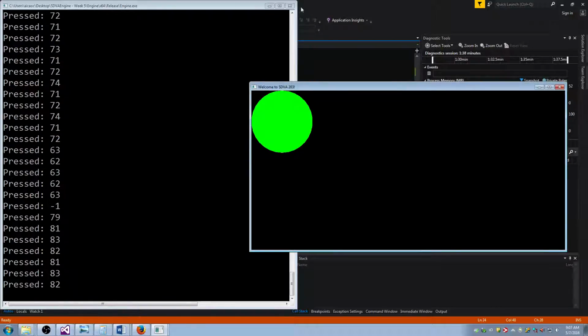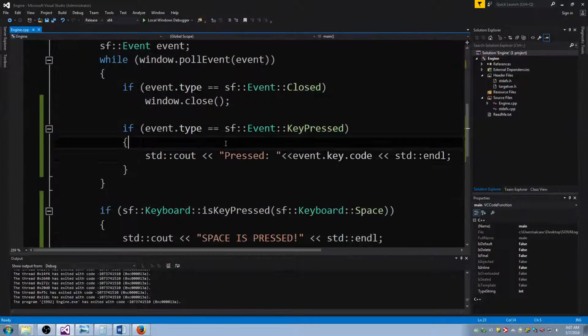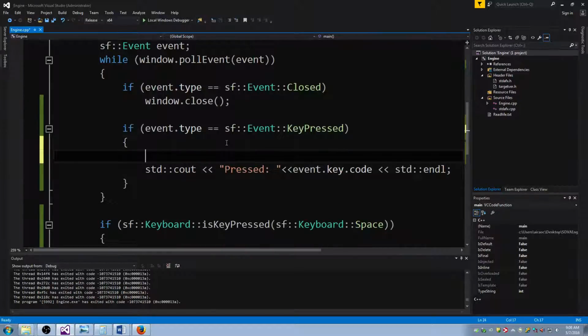Okay, so that's how you detect what key you have pressed, but you can use that to put conditions. If I want to make it so that I know when I've pressed the letter Q, you can set up yet another if statement inside here. If the key code is equal to